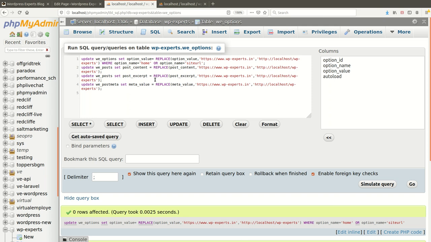Maybe you are going to set up the website on another domain, maybe on localhost to server or server to localhost. So it all depends on your requirement or your choice.